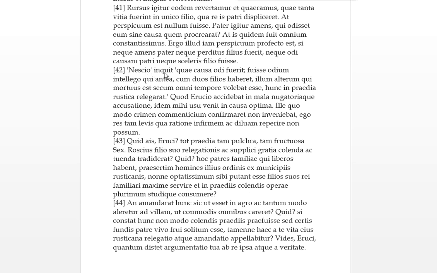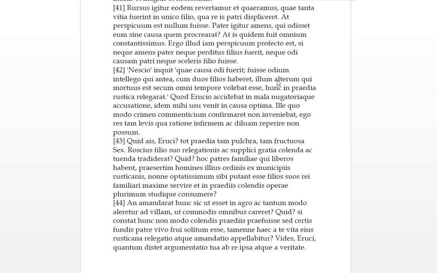Cicero here is quoting what the other lawyer said. "I don't know what was the causa odio, fuit had been." I don't know what had been the cause of this hatred, but fuisse odium intellego. Understand there had to have been, there was this hatred, who, ante before, cum duos filios haberet, when